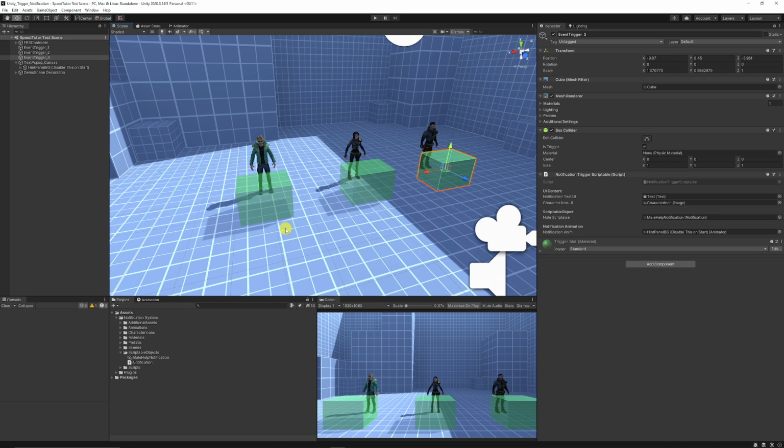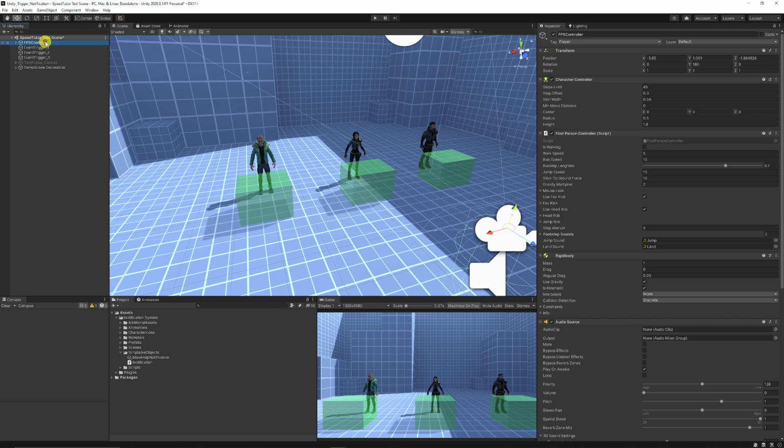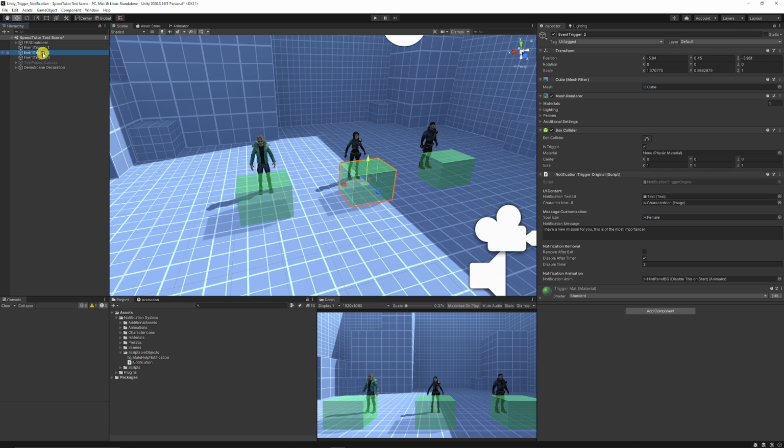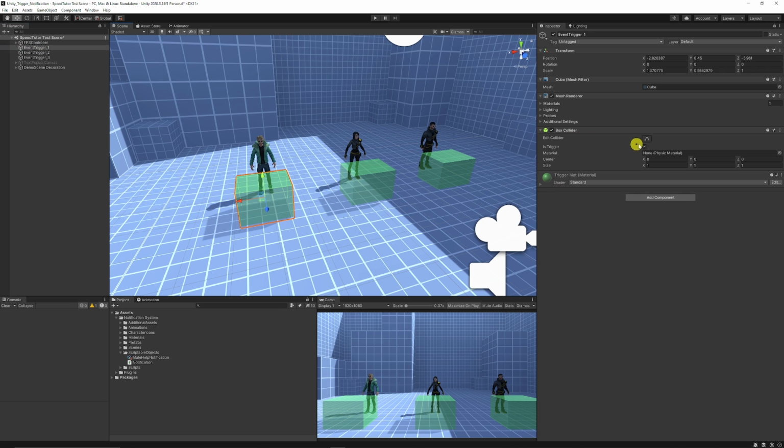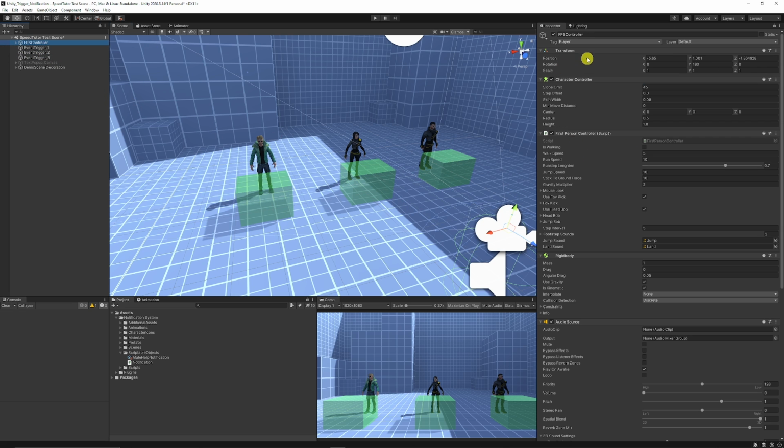I'll also show you how to do the UI, I'll show you how to do a little bit of basic fading, and we'll write all the script today. So we're going to start off, all I've got is an FPS controller with nothing special on it. I've got three different triggers where we're going to place our scripts, which are just box colliders set to is trigger, and we're going to be able to walk into them as long as our player has a tag